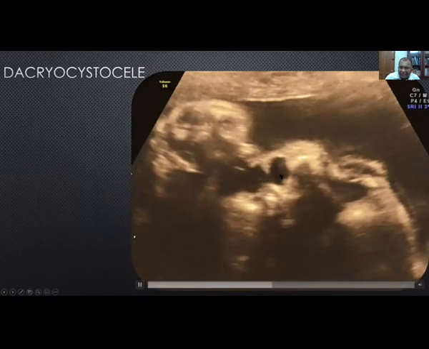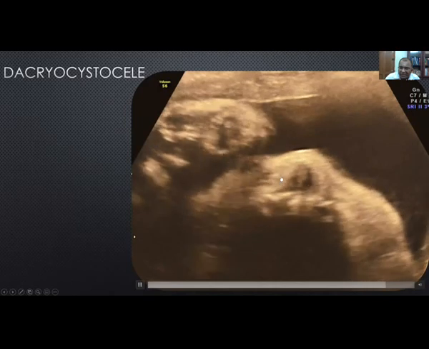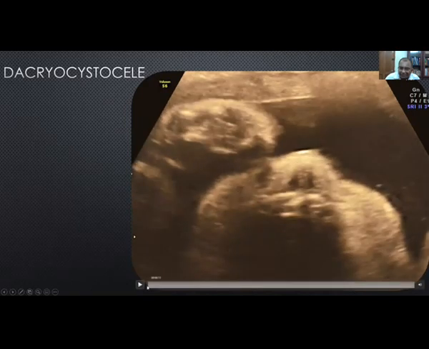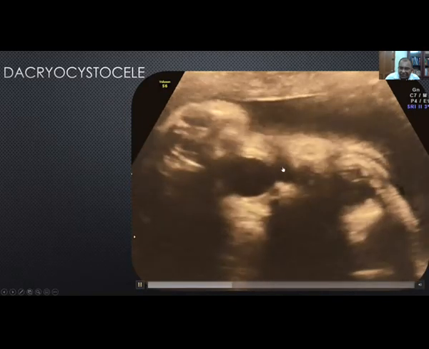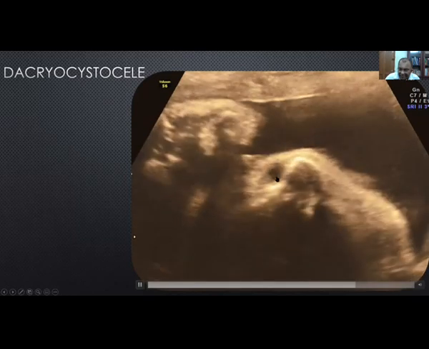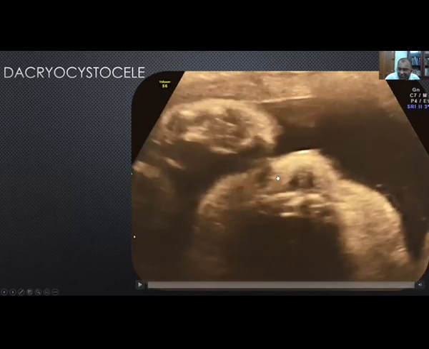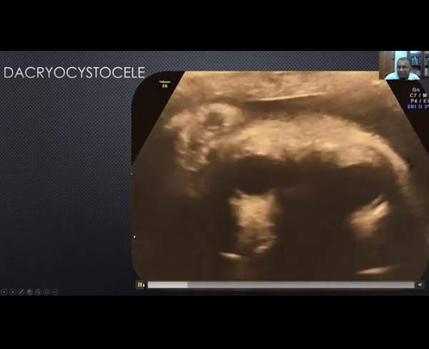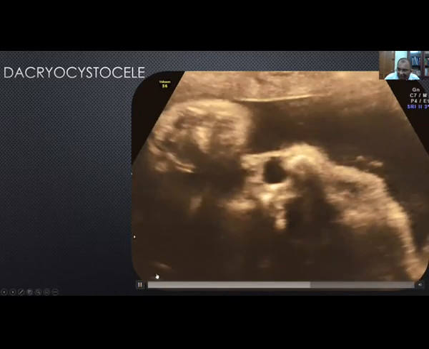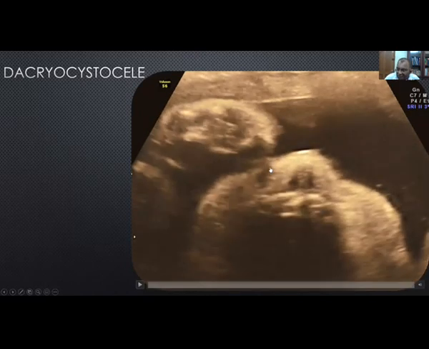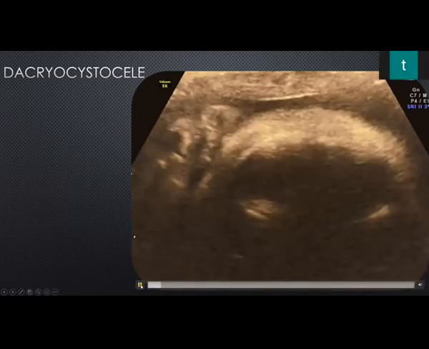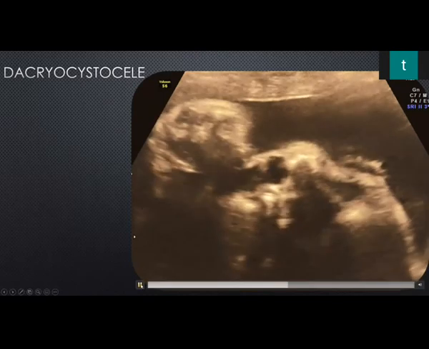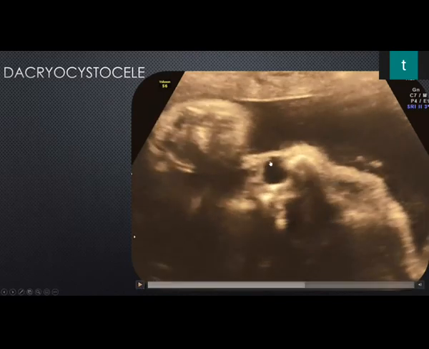Dacryocystocele is a fluid collection within the lacrimal sac. As you can see, it lies along the medial canthus. This has an excellent prognosis. 80% of them spontaneously regress, either with advancing gestation or in the first year of life. 20% of them might need some sort of intervention. Literally, what is important is that you exclude